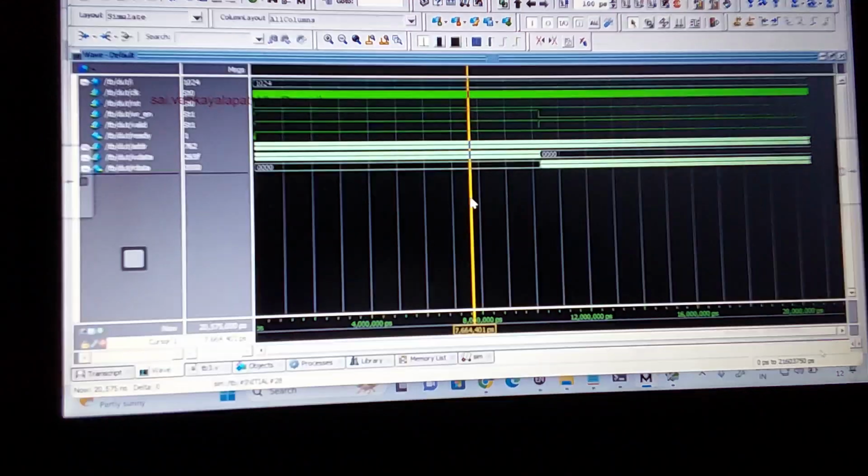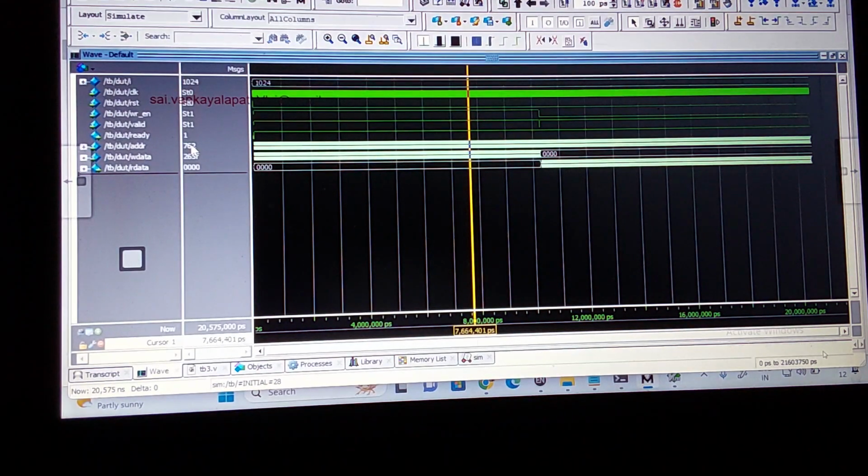Now you can see the write operation is happening here. This write data is where the write operation happens, and this is the read operation. What is the depth? 1024. Now what is the time taken? Whatever process we did until now, we call it the time to memory access. Read and write operations happen through the memory ports. What are the memory ports? Read data, write data, address, clock signal, etc.